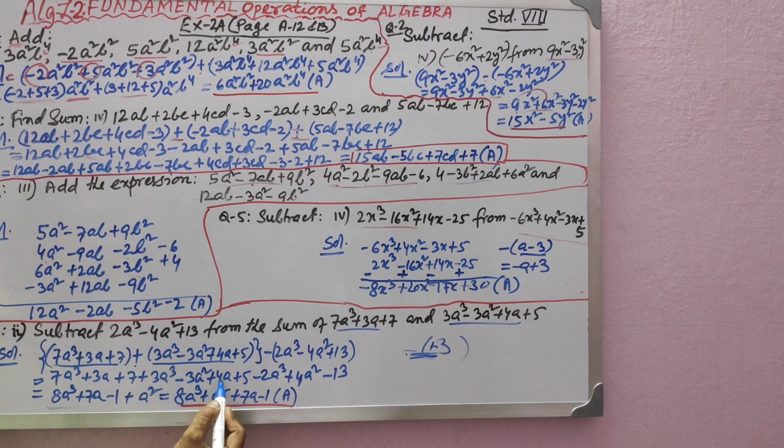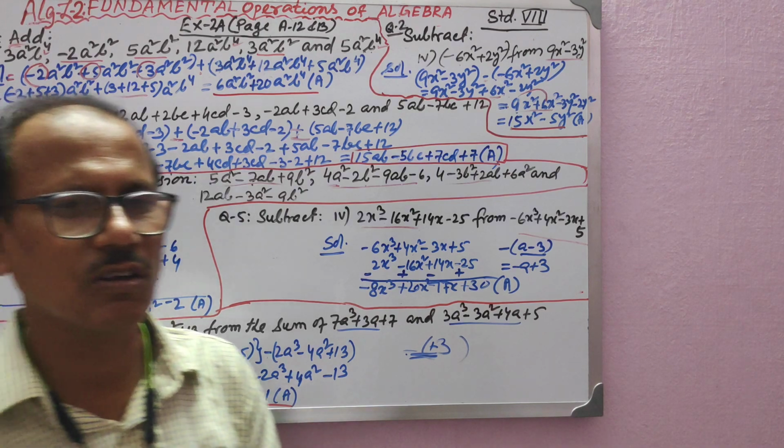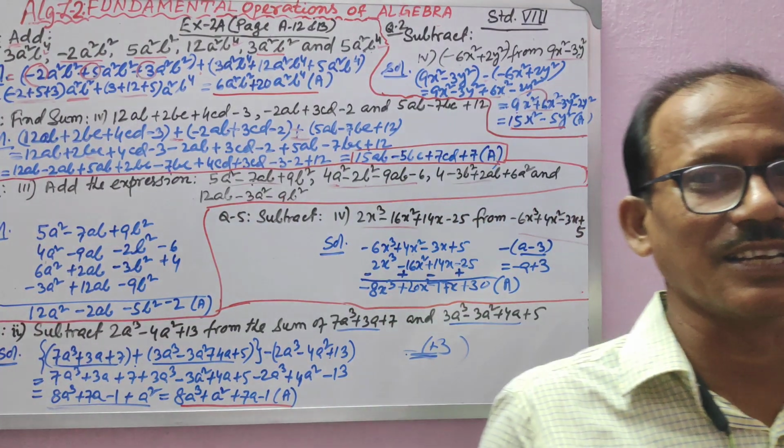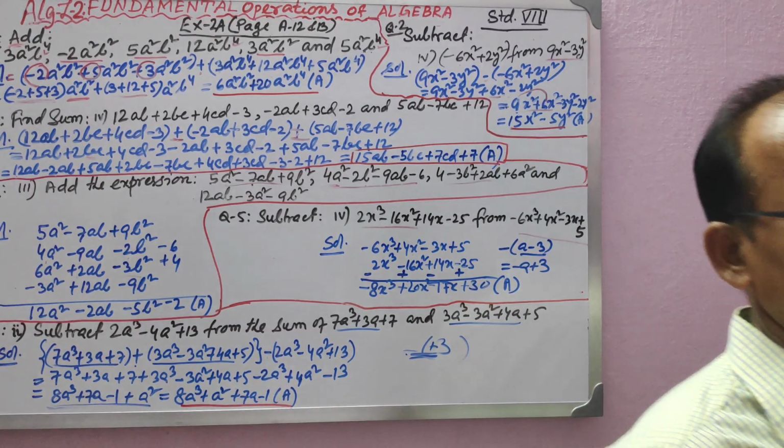Is there anything left? No, 4a. The a part you have done. So you have not left anything to subtract. This one is the answer. If you rearrange this as per the power of the variable also, the variable has to be given first, then only the constant term comes. That is the style of writing an algebraic expression. So you write down this way and this will be the answer. I hope things are easy. Only the explanation takes time. Solving will not take time for my children, I know.